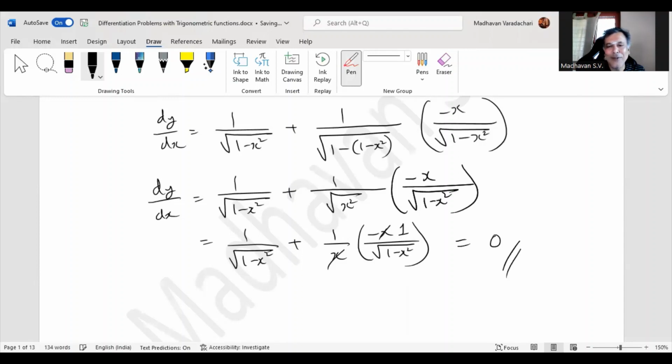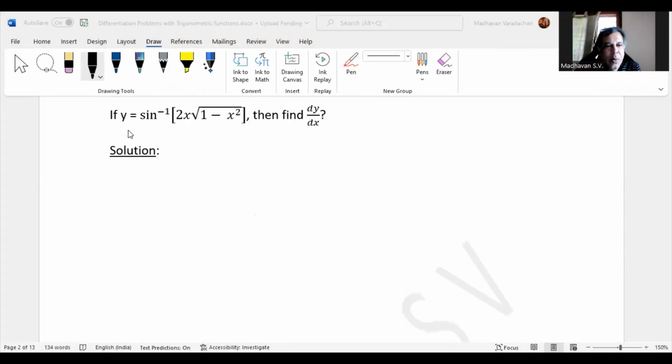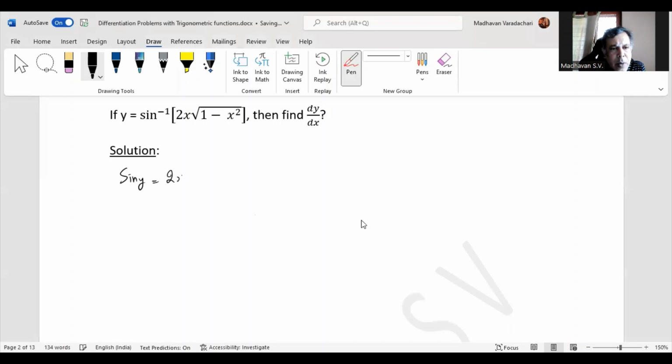Hence the proof. In this, it is given y equal to sine inverse of 2x times square root of 1 minus x square. Find dy by dx. Since y is given as sine inverse of something, we can write sine y is equal to 2x times square root of 1 minus x square, which can be rewritten as 2x times 1 minus x square to the power of half. Now differentiating with respect to x